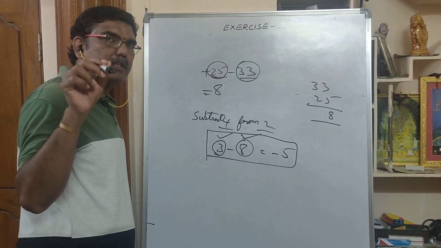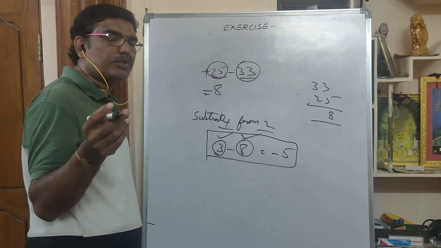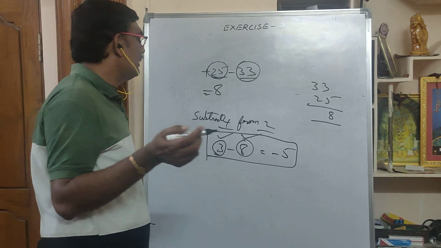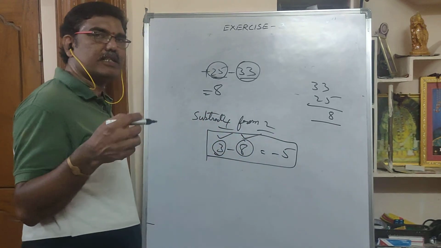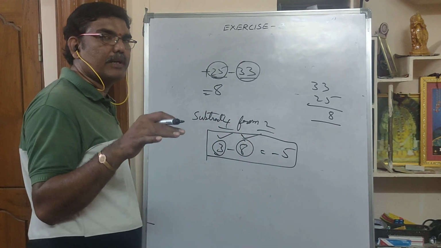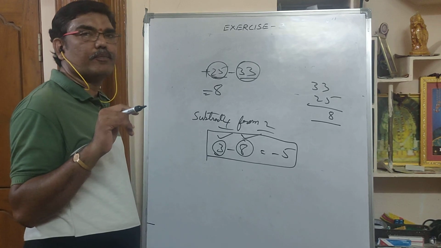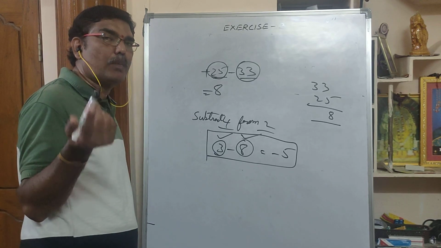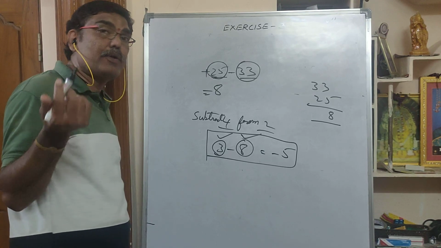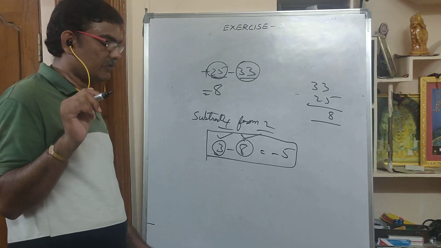This is the problem which sir should explain: 3 minus 8 means in your pocket 3 rupees is there. You should give 8 rupees to the teacher or friend. Then that 3 rupees that friend or teacher will take, and still you have to give 5 rupees to them. So it is minus 5. If 5 rupees is there in your pocket, it is plus 5. 5 rupees you have to give, so it is minus 5.